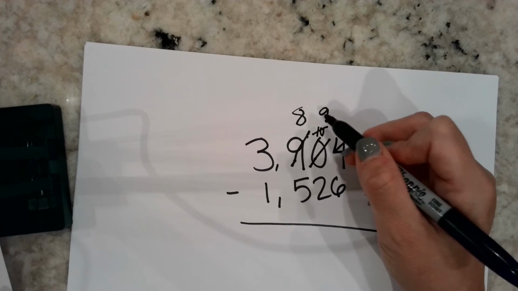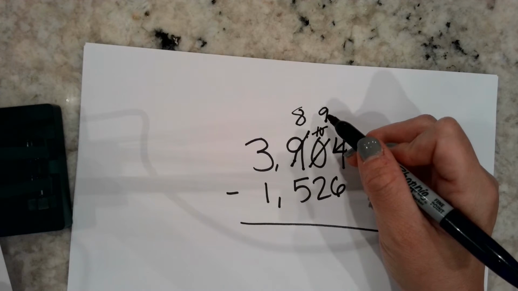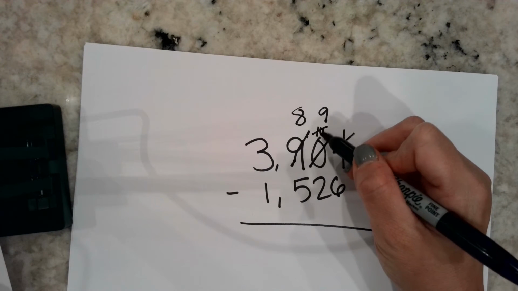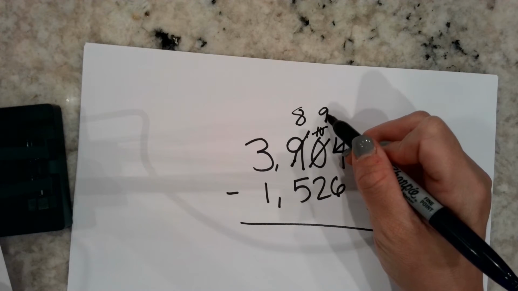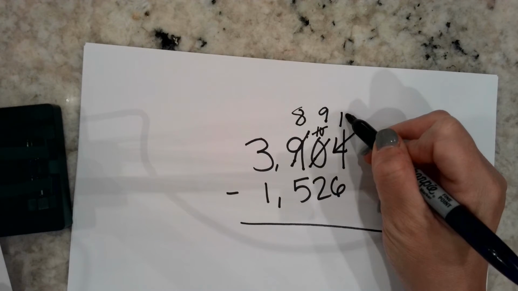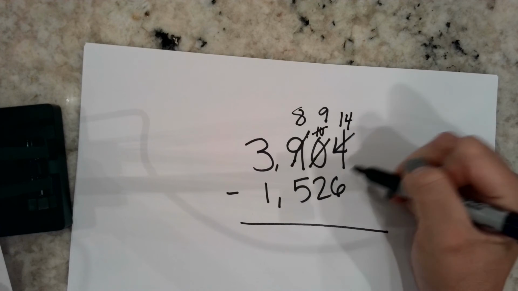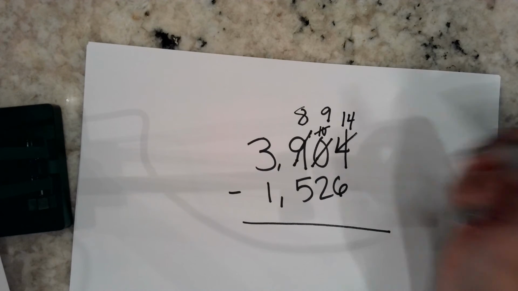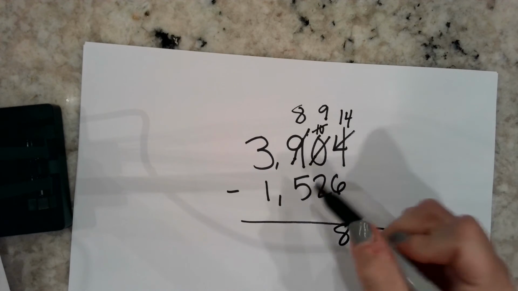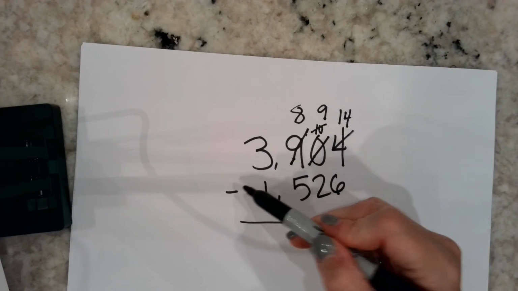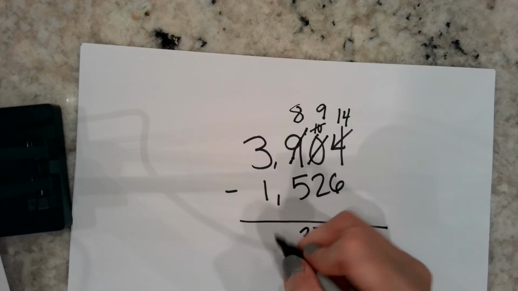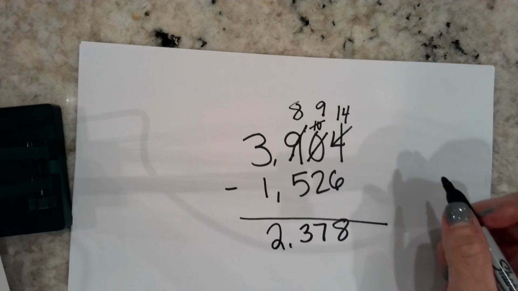Typically students just automatically put 9 there, but I don't know if they understand why they would put 9 there. That is why, because we are actually going to have to take one from this for our ones place value. So this is going to become the 10 plus the initial 4, which would give us 14. Now we should be able to regroup. We have got 14 minus 6, which would give us 8. We've got 9 minus 2, which should give us 7. We've got 8 minus 5, which will give us 3. And we've got 3 minus 1, which will give us 2. Bring our comma down. So our answer is